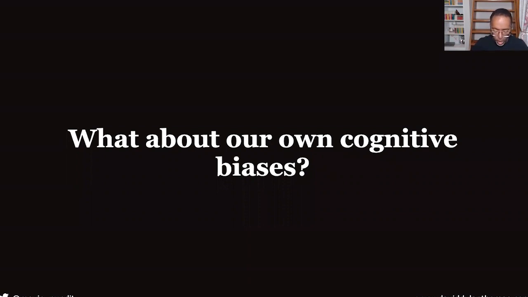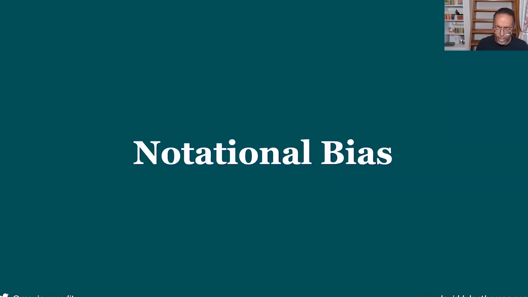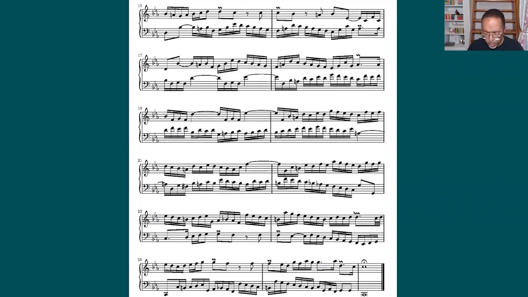I want to close by talking about our biases because these are the ones that can really get our users in trouble. So let's talk about notational bias. Notational bias comes out when you think about things like sheet music. I played the saxophone when I was a kid, so I grew up having to learn how to read music like this. And I came to believe that any music in the world, you could write it down like this, standard Western notation, and then I could play it. But it turns out that's wrong. It's very wrong. There is a lot of Asian music, African music, for which this system just doesn't work. And if this becomes the standard, it can be very easy to erase all sorts of culture.